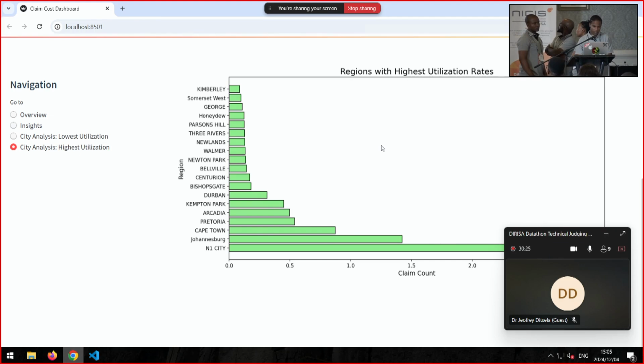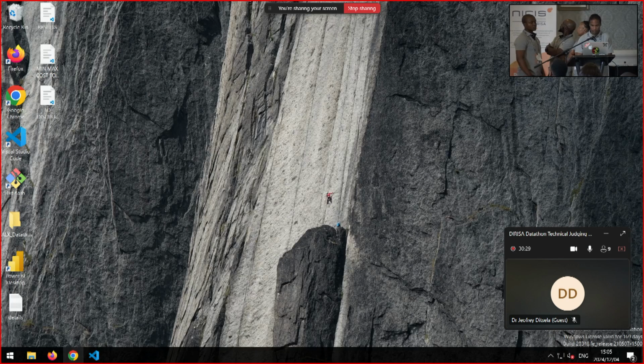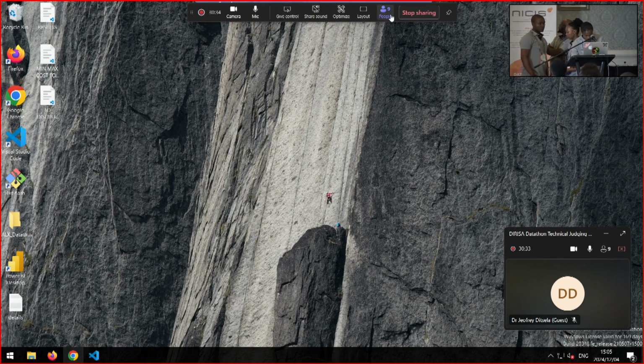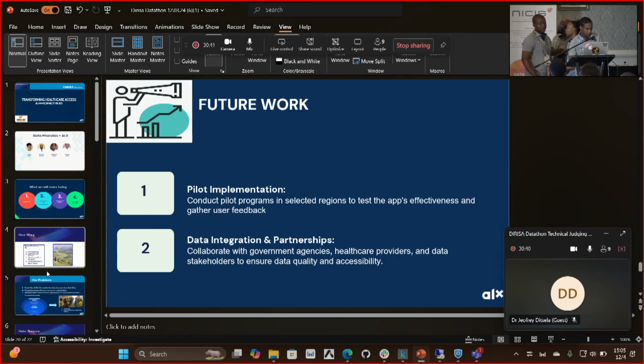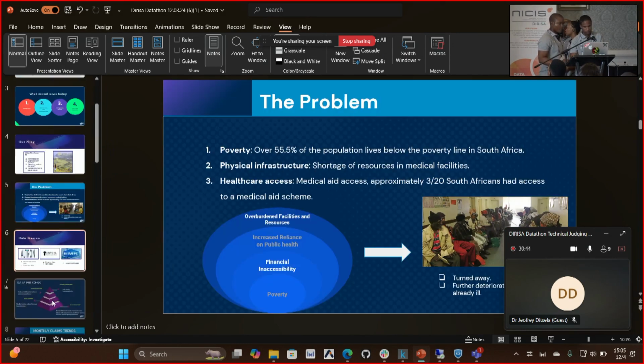And then maybe we're also gonna give you a preview of how the user app is gonna be. Bongani. Let me just look for that slide for you.